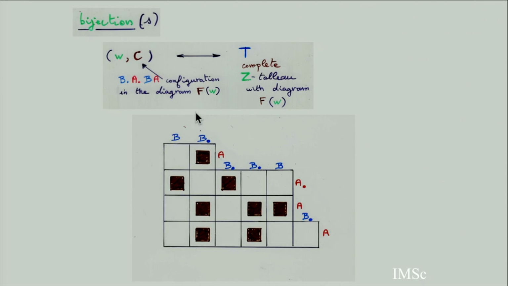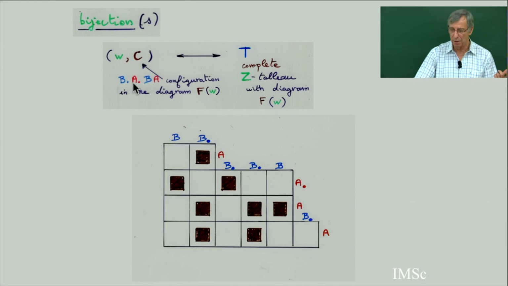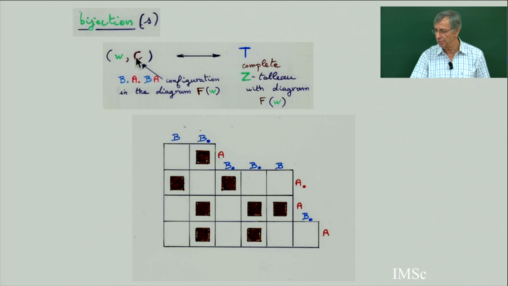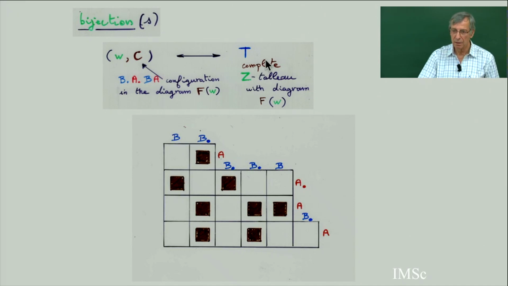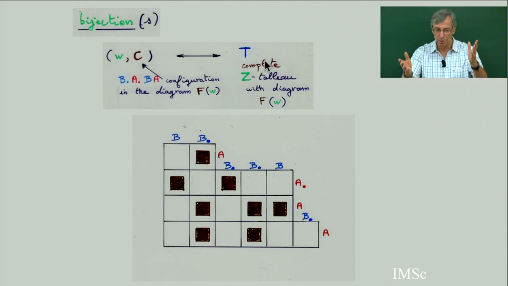And then from this there is a bijection. There is a bijection: if you give me a word W on the northeast border of the Ferrers diagram, a word in the four letters B dot, A dot, B and A, and you give me a subset of the Ferrers diagram, a stupid configuration, the Béaba configuration, then this will give me a complete Q-tableau. So there is a bijection. This is an example of a Q-tableau. We have seen Q-tableau, reverse Q-tableau. Here it's the first definition of a Q-tableau.